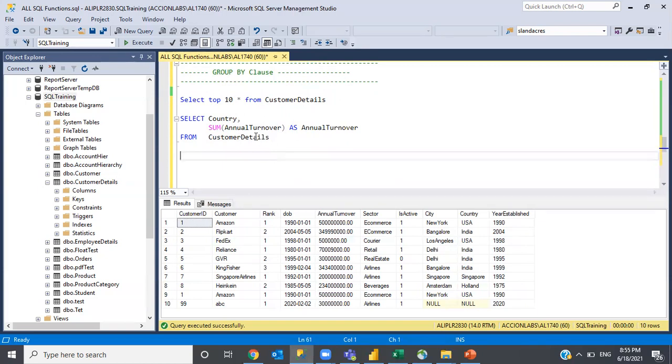Now, I want to perform the sum based on the country. I want to know the total turnover at each country level. So you need to write like this, but you need to remember one thing. When you use any kind of aggregate function, whether it is sum, min, max, average, count, whatever it may be, and if there is any other column which is non-aggregated,